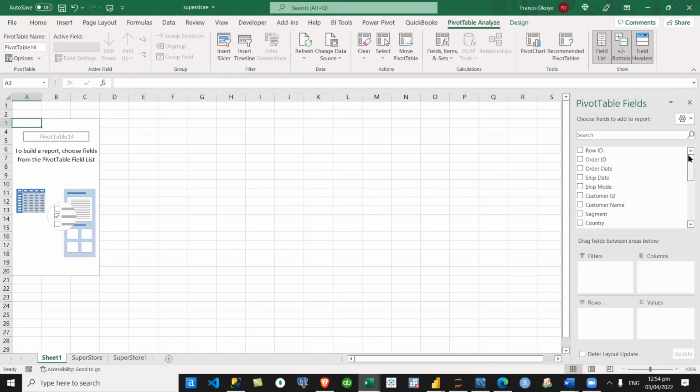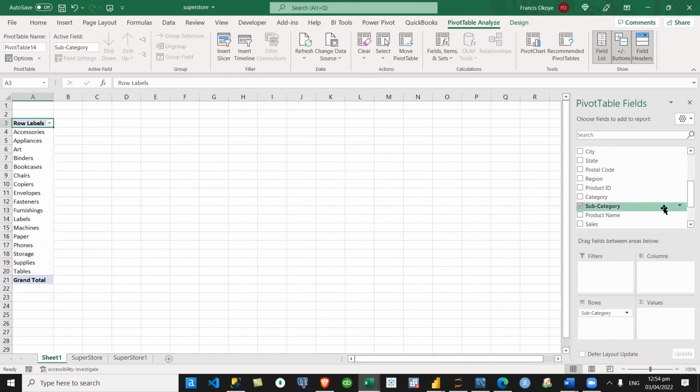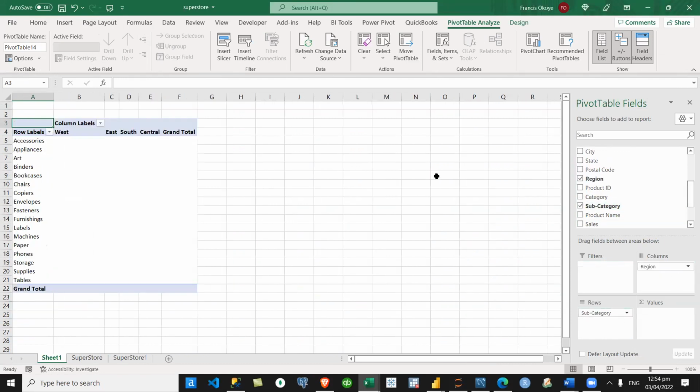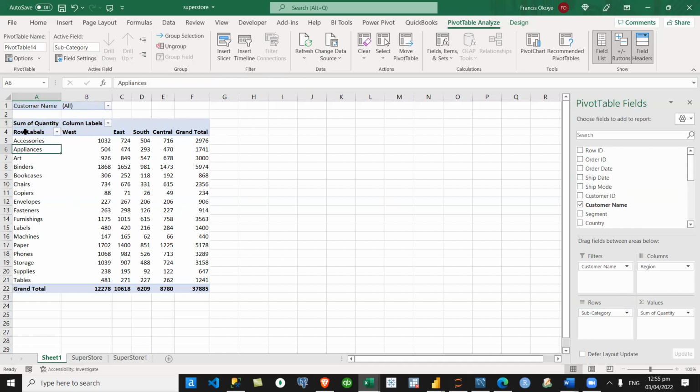What did I do? I will take what? Let's say category. Or let me say subcategory. Let me take by the region. Let me take the quantity that they purchased. Can you see that? Quantity that they purchased. So I want to analyze it by the customers. Can you see that? So that means all this is by what? Customers. Just the customer. So I can customize my report how I want it to look.